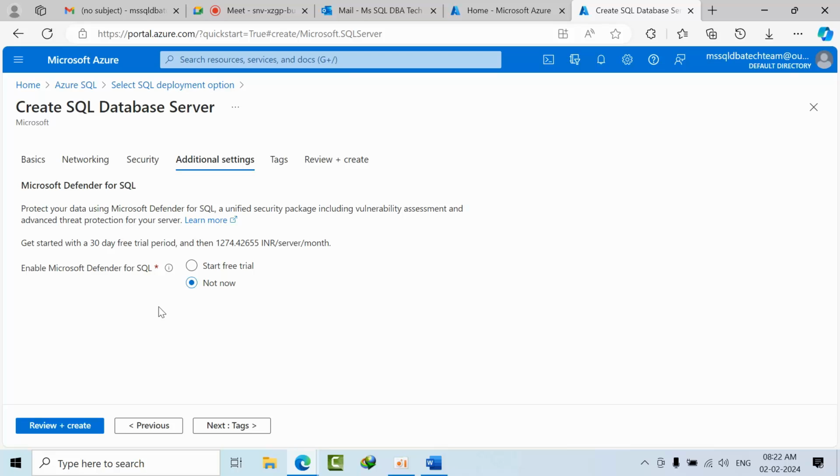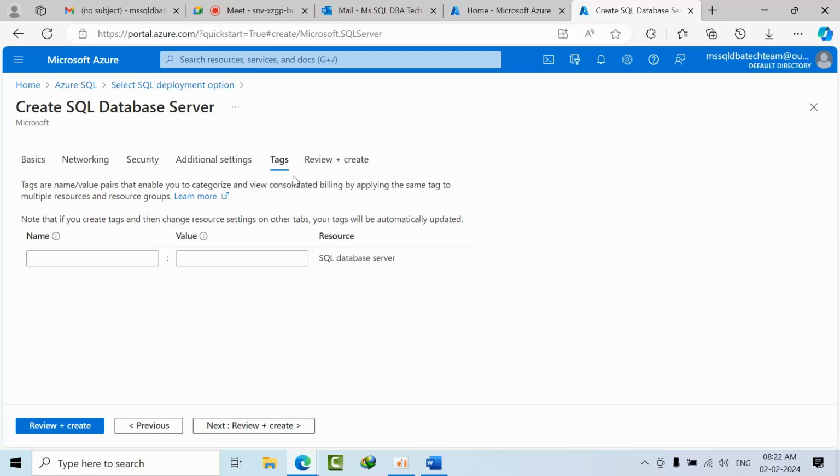The Defender will identify that this account has been there for a very long time but you are not using it, so please disable or remove it. It gives security indications. This is Microsoft's strategy: along with offering you the database service, it is adding its own antivirus software. It's their marketing.